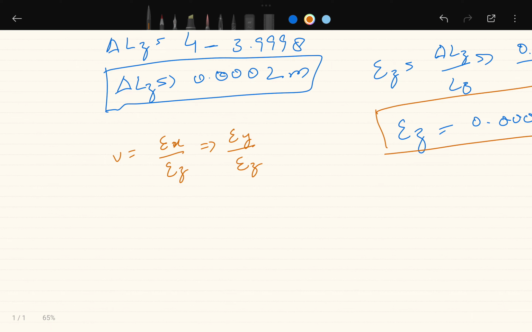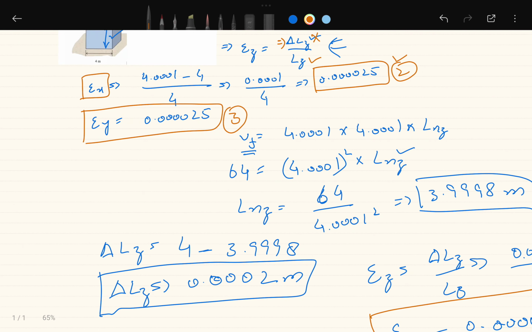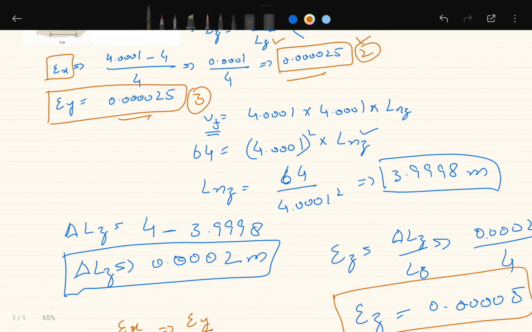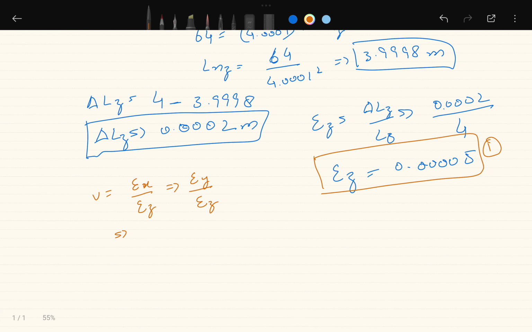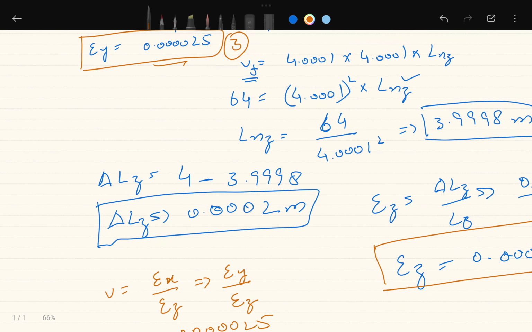In most cases the lateral strains are the same, so you can just take any one of them. So there is 0.25, I think it is this one,